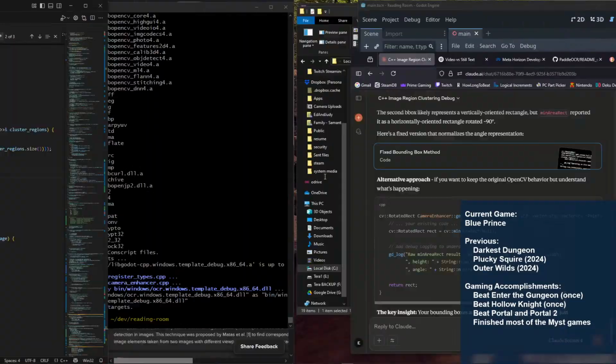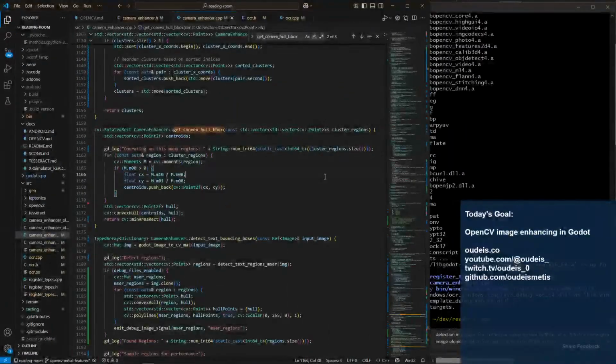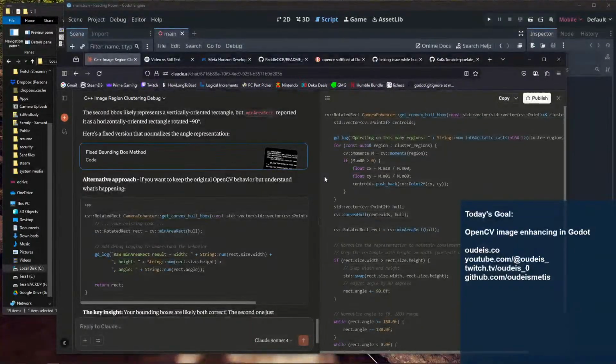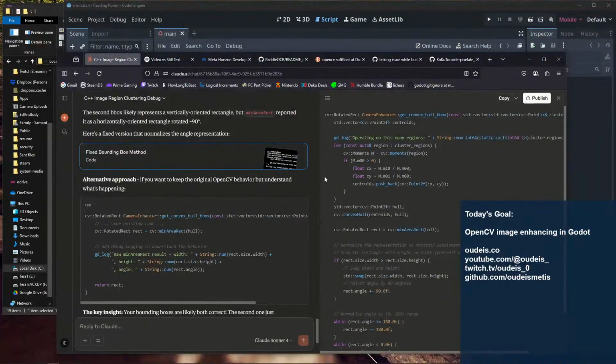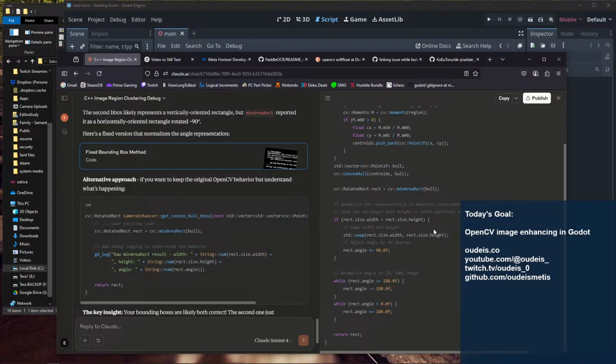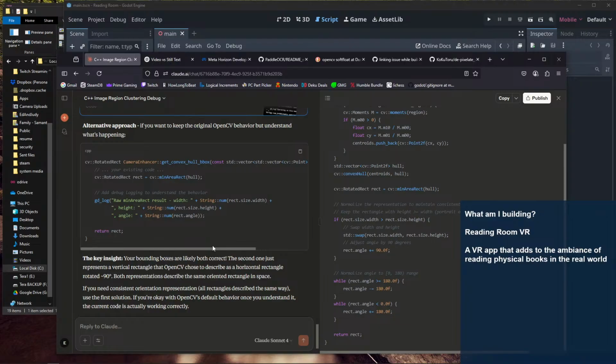We still get our hull as a 0.2f. We call convex hull on those centroids. We then get our min area rect. If you want to keep the original OpenCV behavior but understand what's happening,